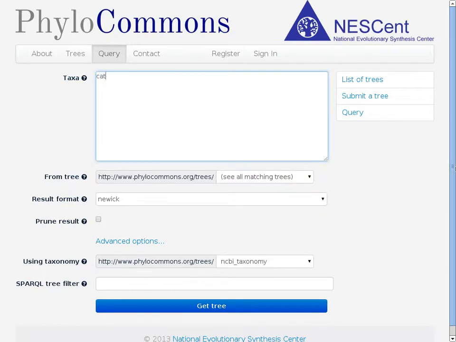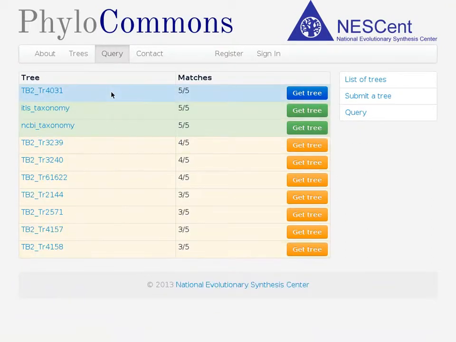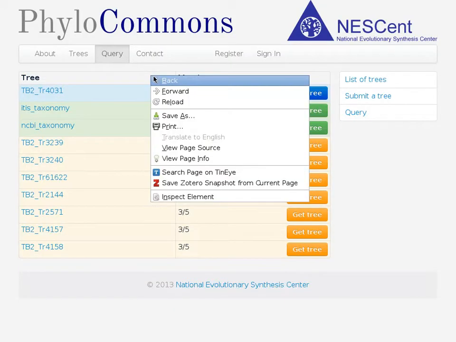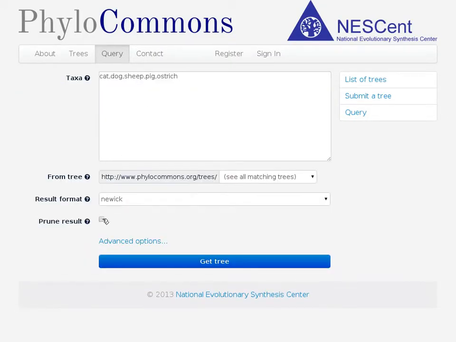So for example, I'm going to search for cat, dog, sheep, pig, and ostrich. This is just a random query that I tried earlier, and I was surprised to find that in fact there is one tree-based tree that contains all 5 of those, highlighted in blue for us up here. So if I click Get Tree, the interesting thing to notice here, actually I'm going to click on Prune again,